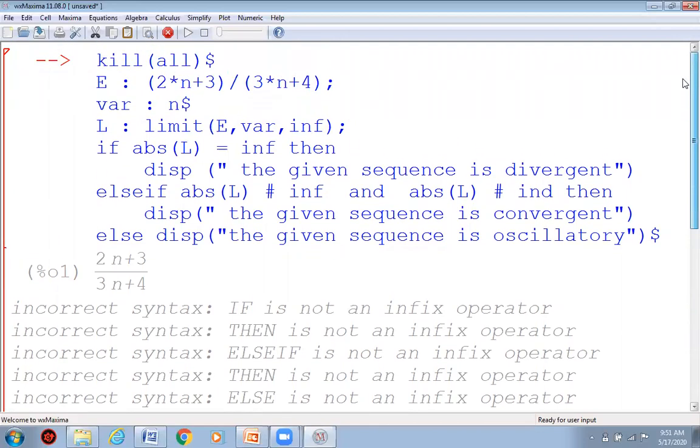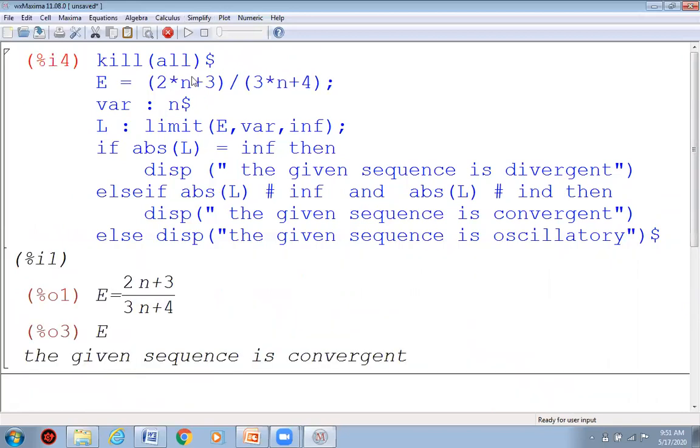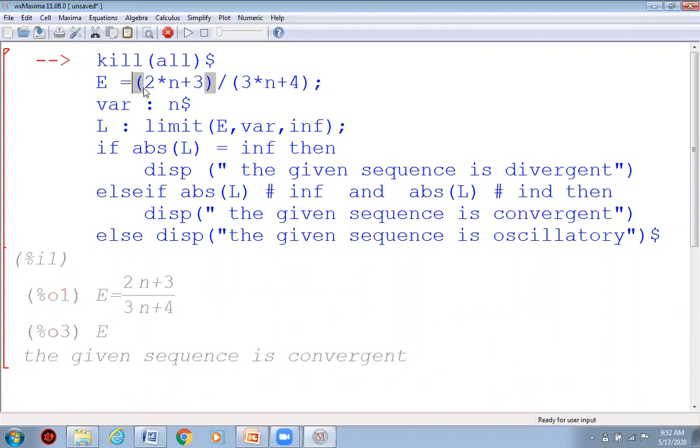Right. Okay. The other common mistake we make is, instead of giving colon, we give equals. So let's see what will happen. So over here, I get 2n plus 3 divided by 3n plus 4, and the limit value is not getting evaluated. Alright. So therefore, it means that there is some correction here and you need to go back and assign it.